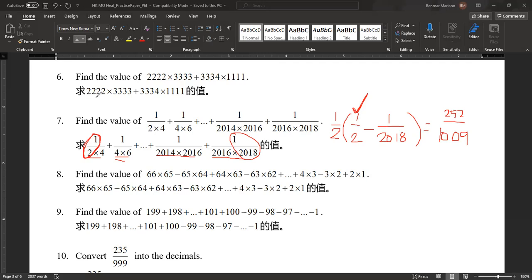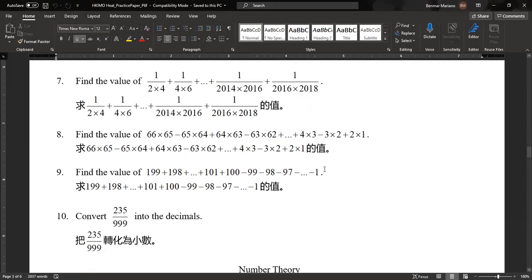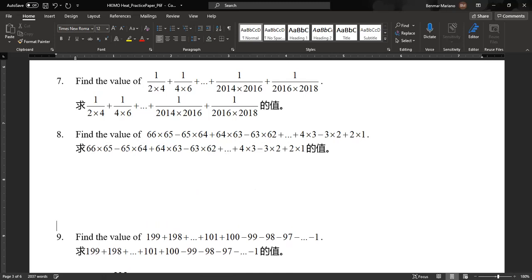Next one. What number is this? Oh, number 8. Let's move on to number 8. I did not explain this one last time. So for number 8, this one can be written like this. Look at my cursor. So this can be written as 66 times 65